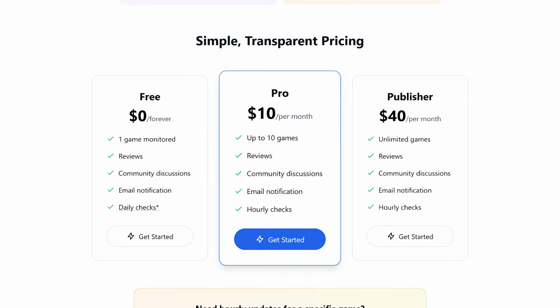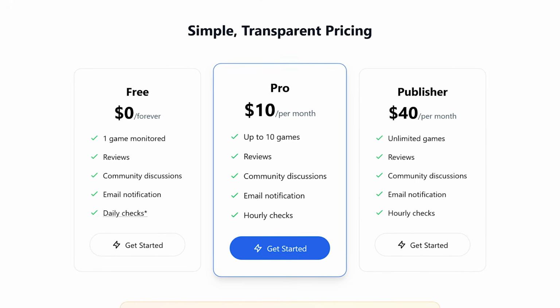They have a free tier as well, which gives you 1 update a day, which I think is fine for most of the cases. And you can increase it as well if you want more games or you want faster updates whenever there is a new review post and all that. It's a very easy tool to use, super easy to get started with. And it's one of those things that just